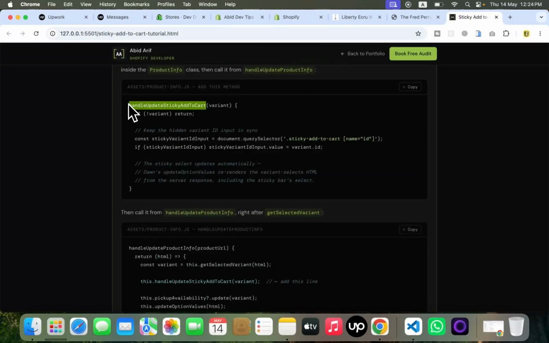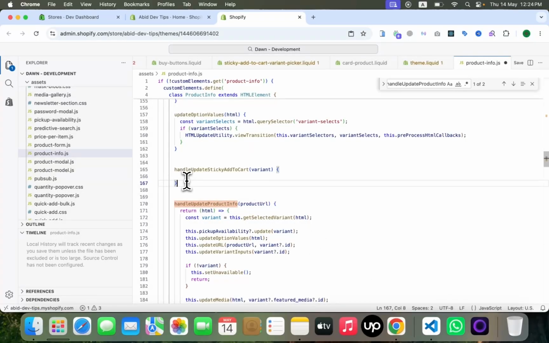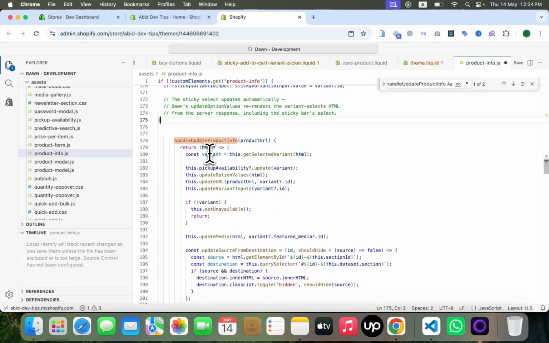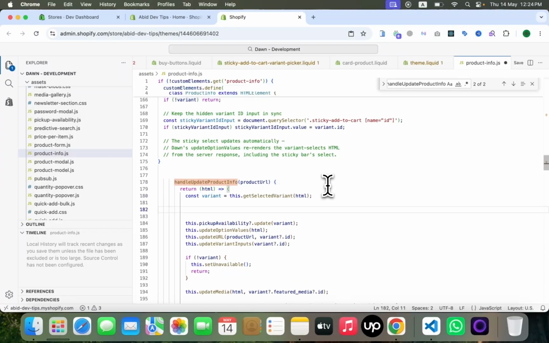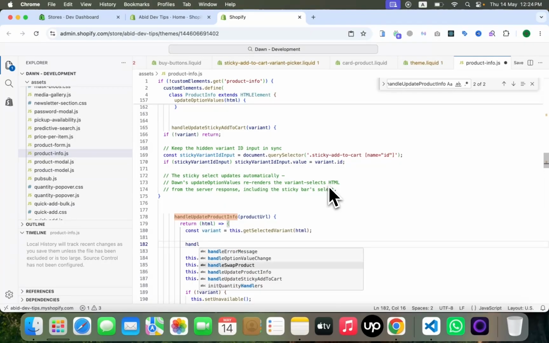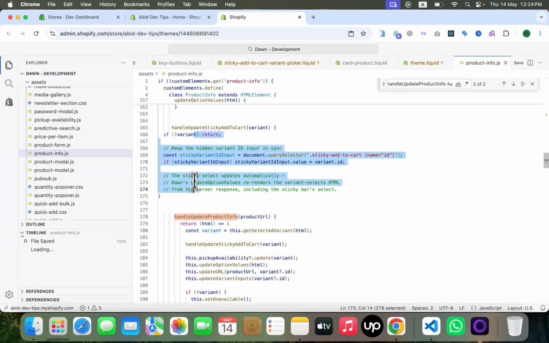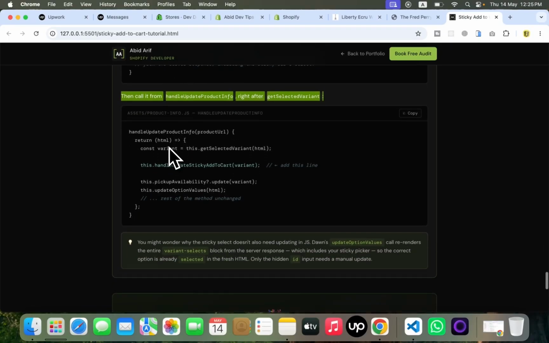You can copy this code, remove this one and paste here handle update sticky add to cart. Call it inside the handle update product info function. Here handle update sticky add to cart and pass variant, this updated variant. I will also explain this step by step. Click save. We have completed this step also.